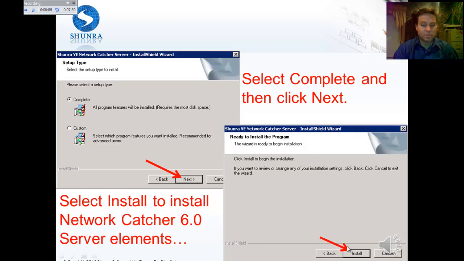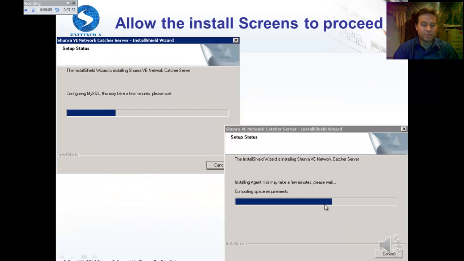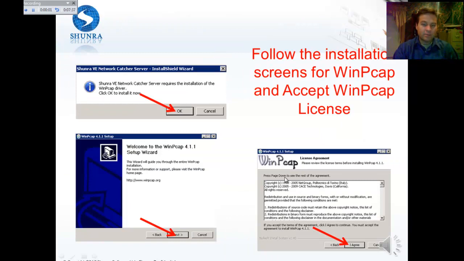And now you're going to go ahead and install the NetworkCatcher 6.0 server elements. It'll take you through various screens and progress through the installation. Finally, it's going to come back to WinPCAP. It's going to ask you to install this. WinPCAP is necessary